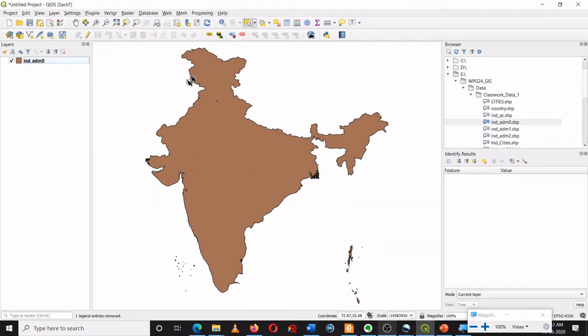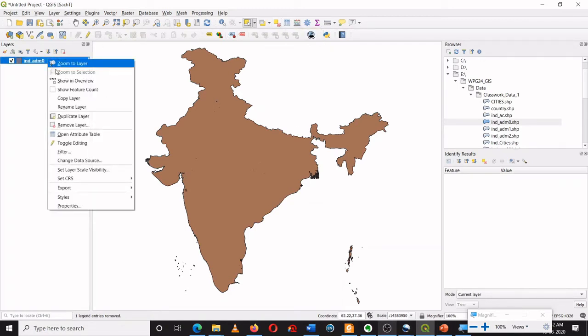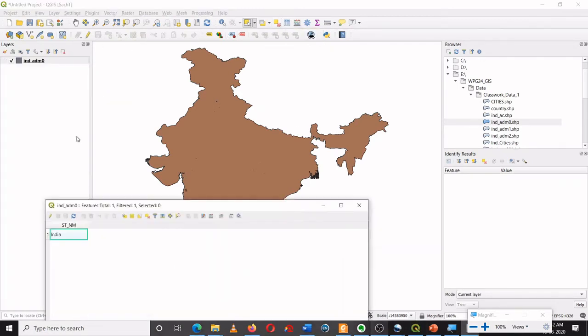So this is the India admin 0 layer which shows the outer boundary of India. It includes multiple polygons, it includes India as well as these islands over here and these islands over here. And how does its attribute table look? Either I can go through the attribute table by clicking over here, or I can just right click and say open attribute table.